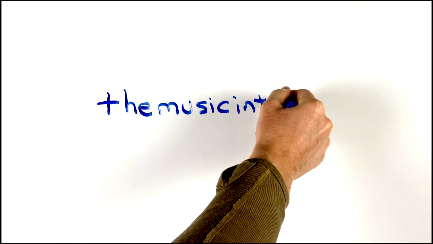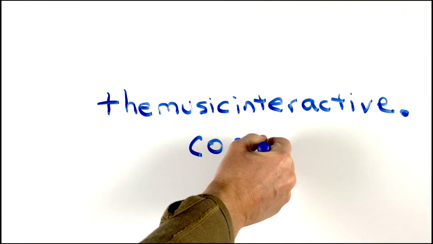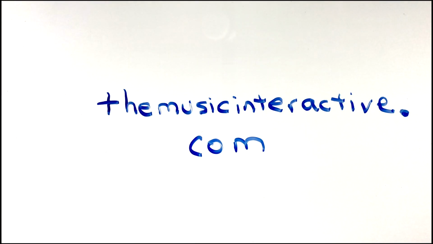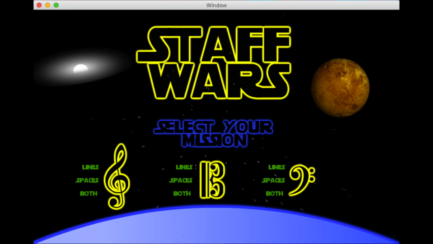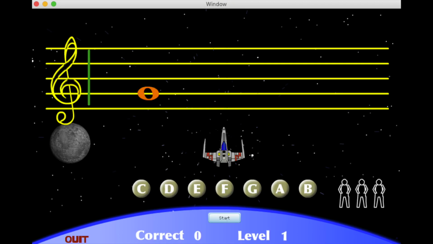Yeah. Now we need to go to themusicinteractive.com and get the game. It works on your phone or your desktop computer, and select the treble clef. And you can do lines or spaces or both. And when you start blasting your notes with the proper letter, tell me your highest score that you get, and